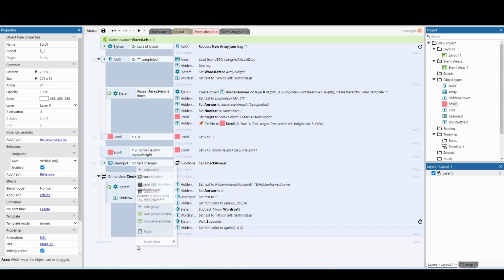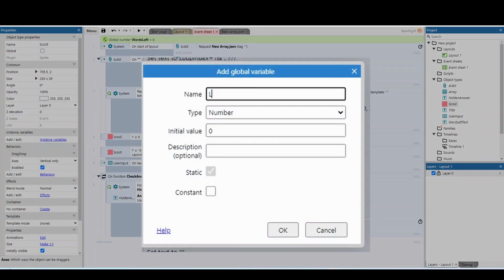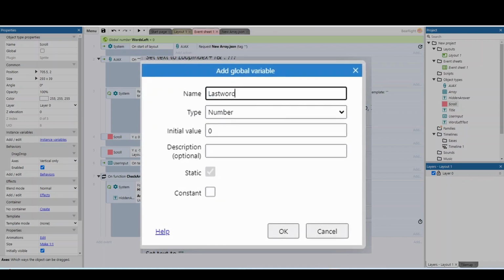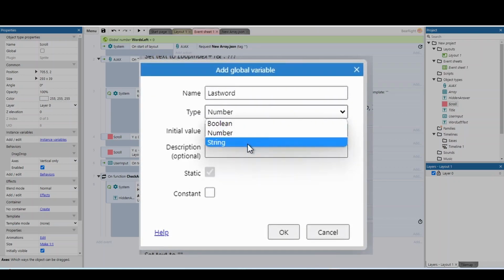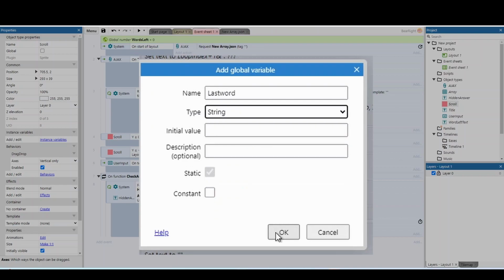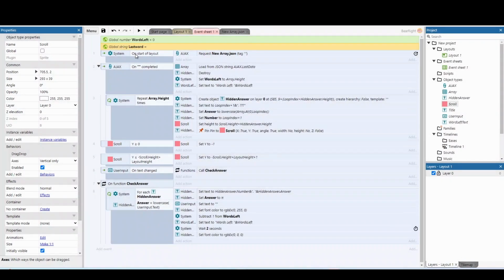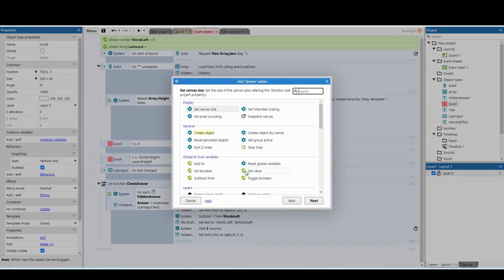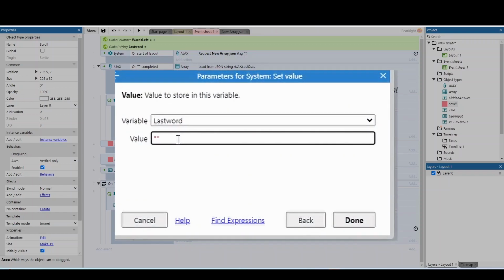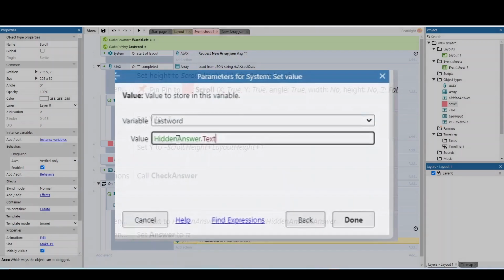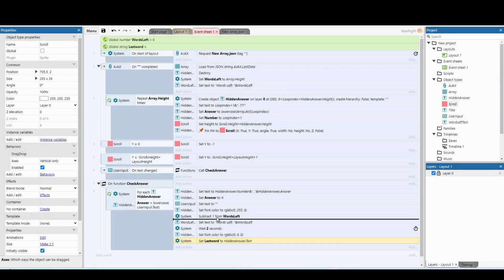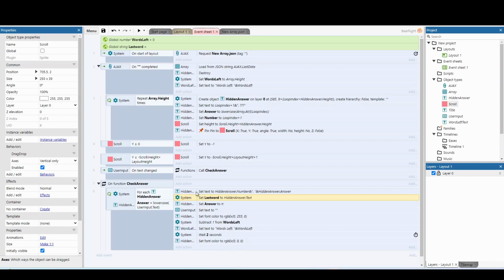So what we're going to do is right click, add a global variable called last word. And this is just going to be a string, and we're just going to press OK on it. And that can stay at the top here. Next, we're going to add an action. We're going to go to system, and we're going to set the value of last word. And this is going to be hidden word, or hidden answer, sorry, dot text. And it's really important that this happens after this line of code. It could happen down here, probably before the 2 seconds would be great, but it definitely needs to happen after